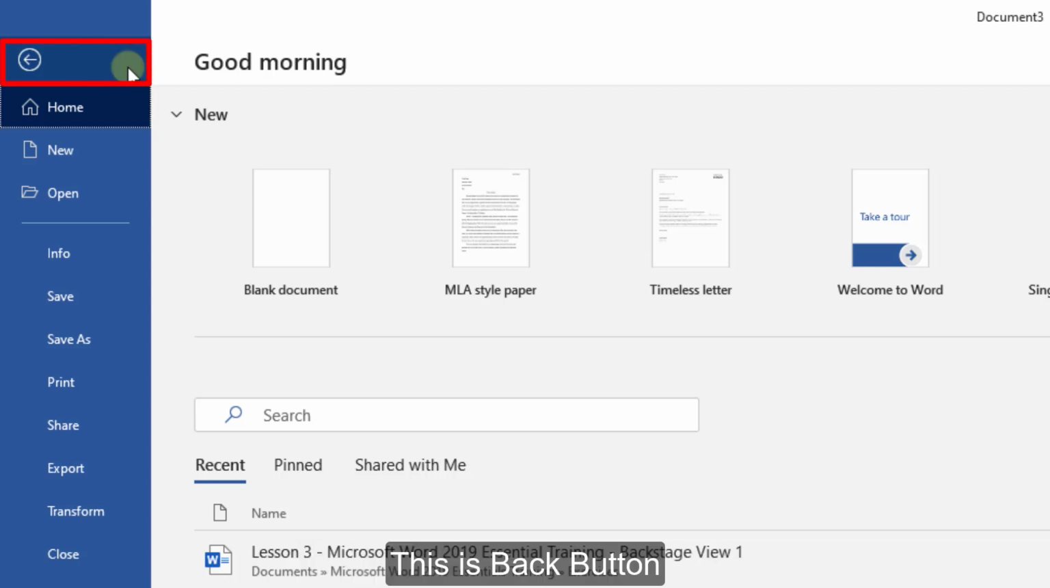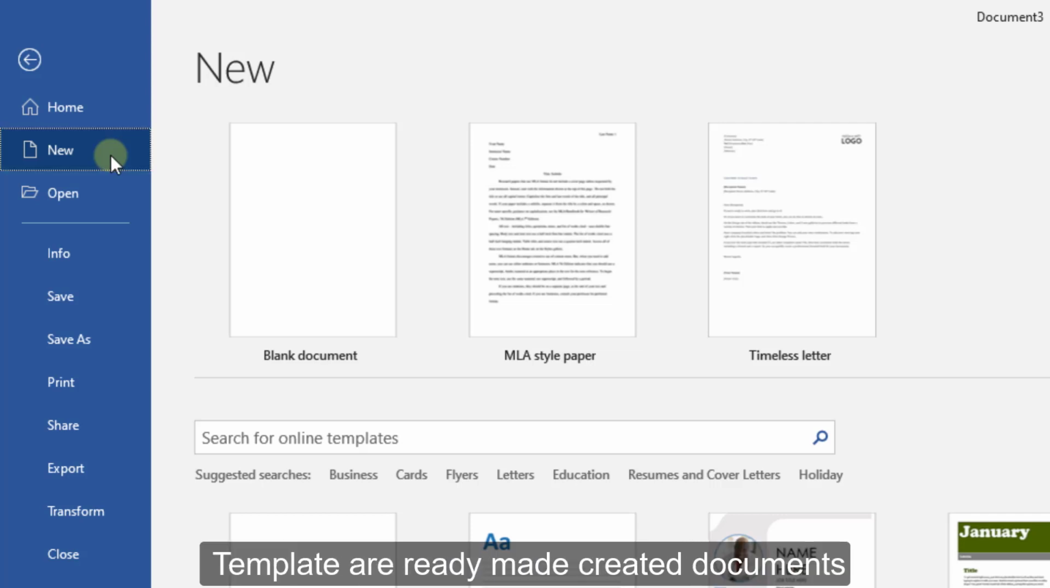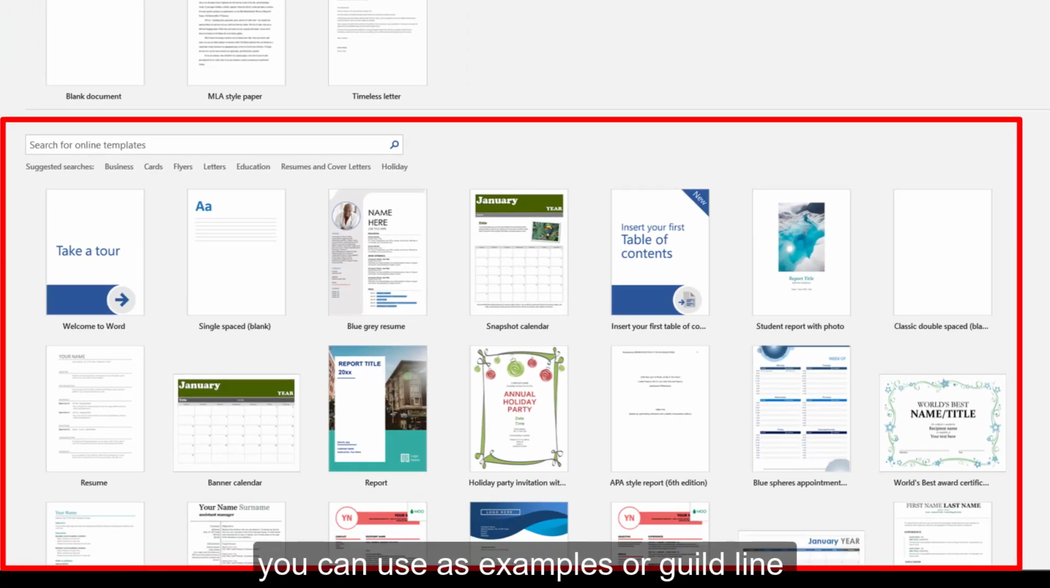This na the back button. The back button will take you back to where you been dey edit your document before. This na the new button. The new button na where you go click if you want create a new blank document from a blank or pre-formatted template. The template means say already made document wey you fit use as guideline to sharply get your work